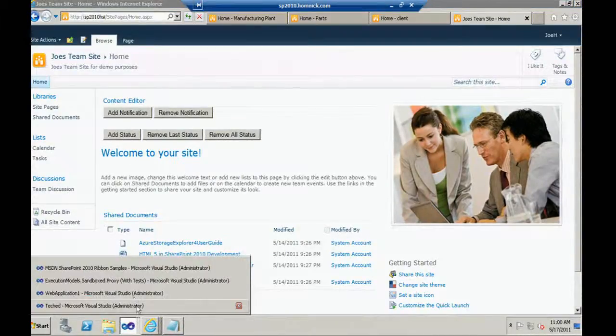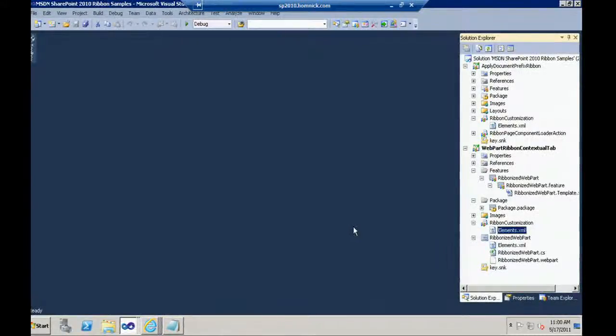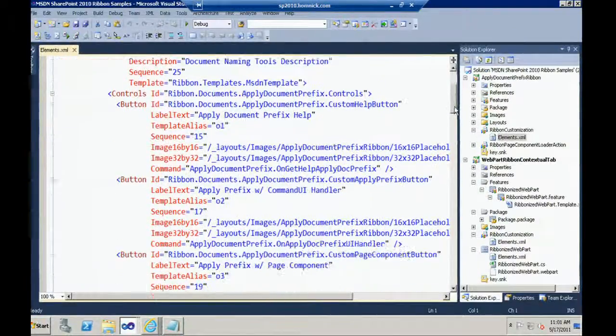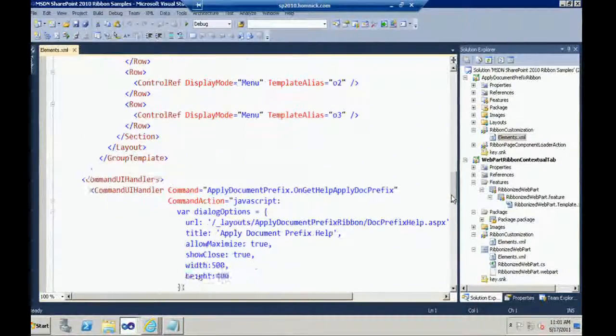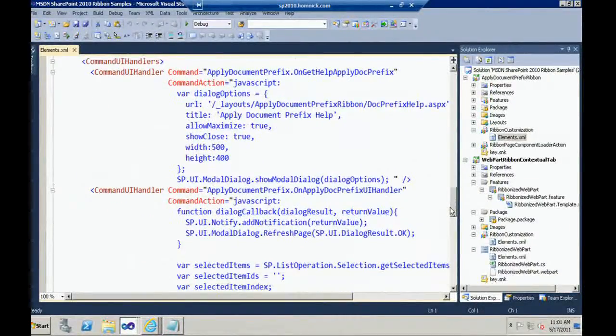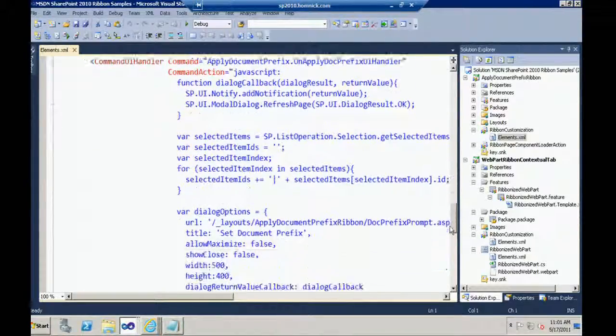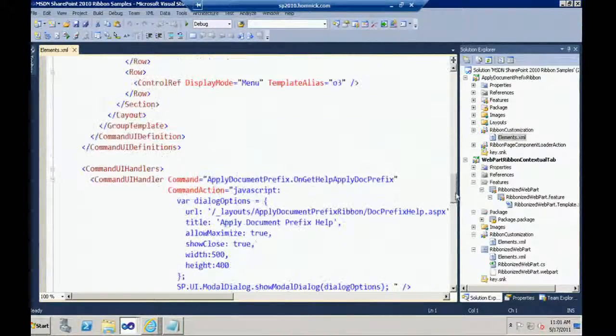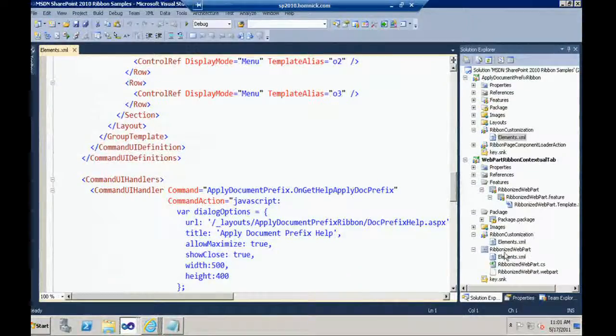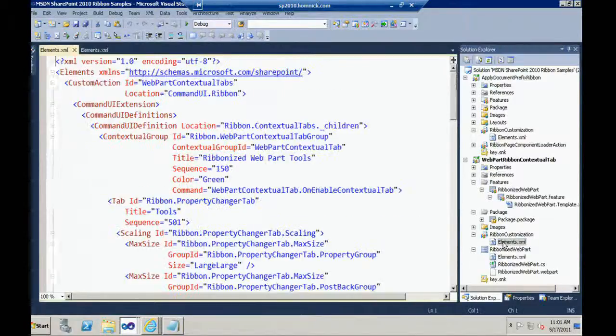A couple of other things here. If we take a look, and this is actually another link for the MSDN overall view of working with Visual Studio, you can see that you have a couple of projects here. In this one, you have a whole bunch of different command UI handlers. But very interesting over here, if we go into this project,